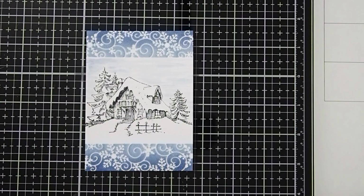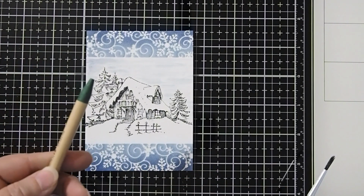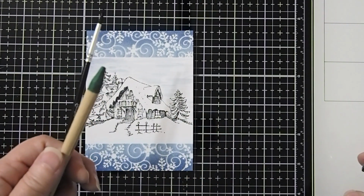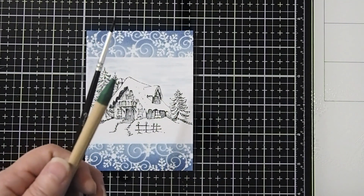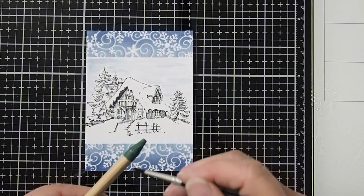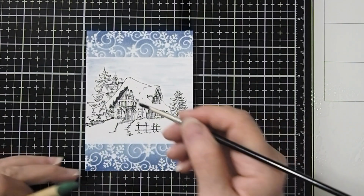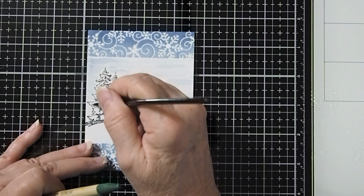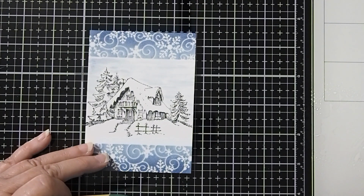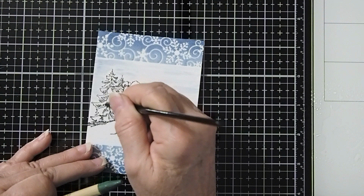Alright, so let's go ahead and start with the green in our tree. Again, I'm just going to be using the Tim Holtz watercolor pencils. I'm going to put a little bit of water down here on my work surface so that I can wet my brush when I need to. Then I'm just going to pick up the color on the pencil, and then on this particular stamp you can see the dark areas. That's where the snow is not on the tree. So we're just going to go in to those areas